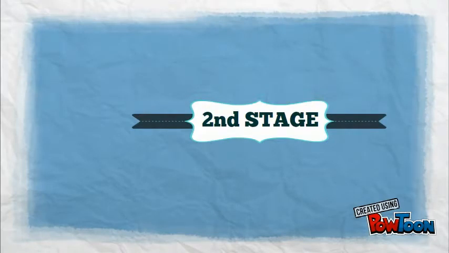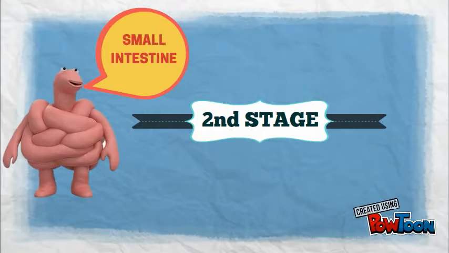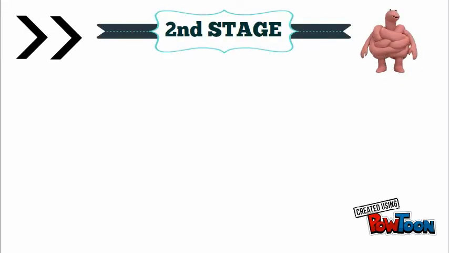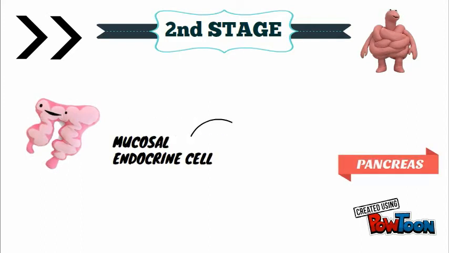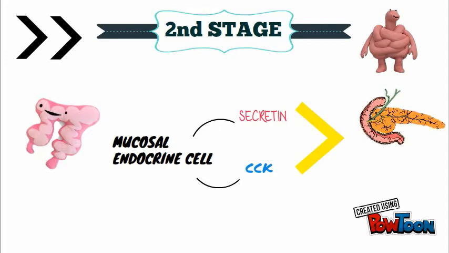So now, let's take a look at the second important organ involved in the digestion of amino acid, which is our small intestine. The end product from our stomach will enter the duodenum, which will stimulate the mucosal endocrine cells to release secretin and also cholecystokinin, known as CCK. Secretin and CCK will be carried by the blood to the pancreas,